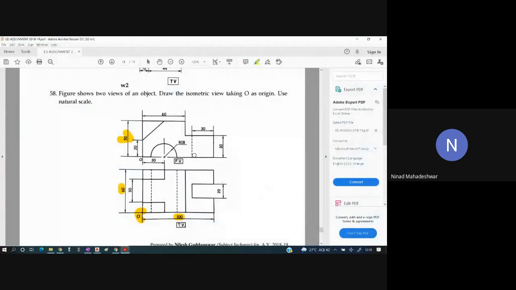Okay, the next part which we need to do over here is to draw this entire semicircle. Okay, so semicircle हमें draw करना है. Now how to draw this semicircle? First we have to locate the center, which is at a distance of 30 mm from the origin, and the radius of this semicircle is how much? 18. So that we have to do.